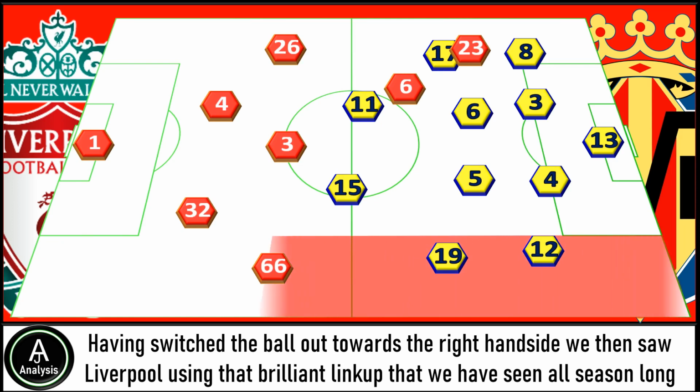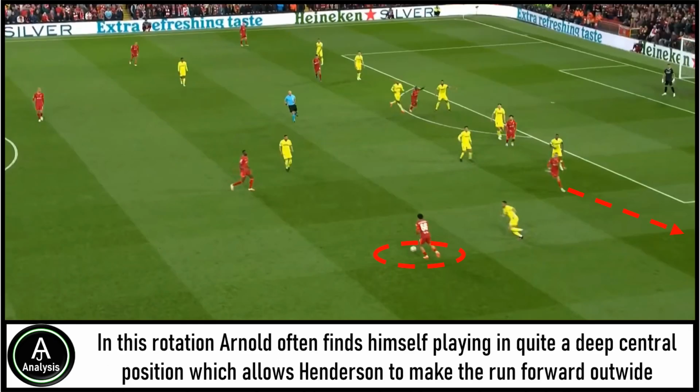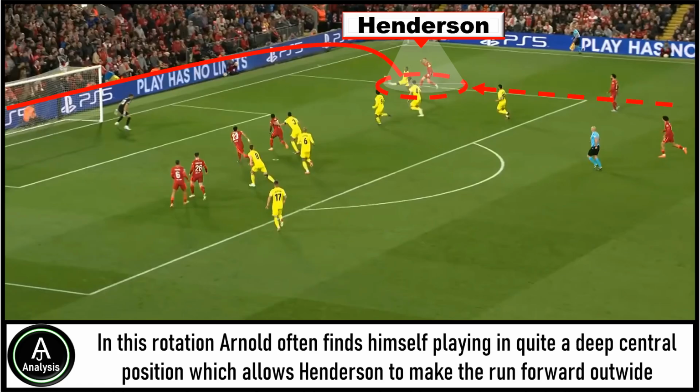Having switched the ball out towards the right hand side, we then saw Liverpool using that brilliant link up that we have seen all season long, with Henderson, Alexander-Arnold and Salah all interchanging. In this rotation, Arnold often finds himself playing in quite a deep central position, which allows Henderson to make the run forward out wide, and it was of course from this area that Liverpool got their first goal of the game. Now, due to the deflection, I'm pretty sure it will go down as an own goal,